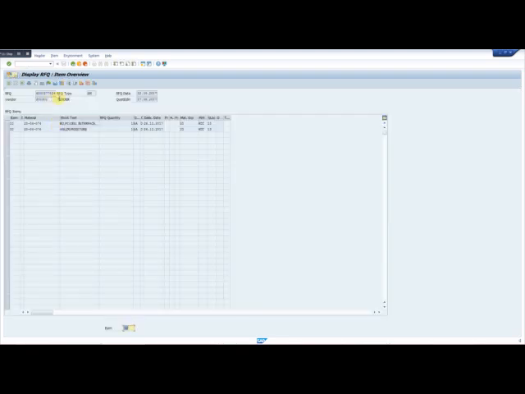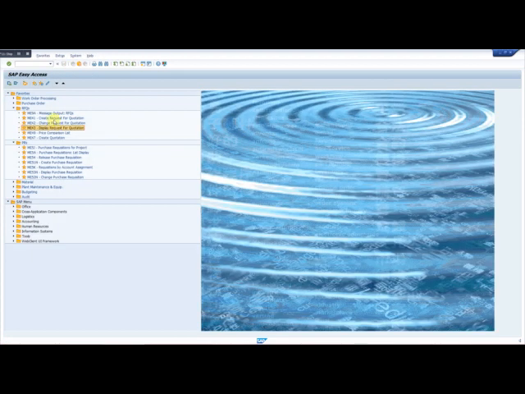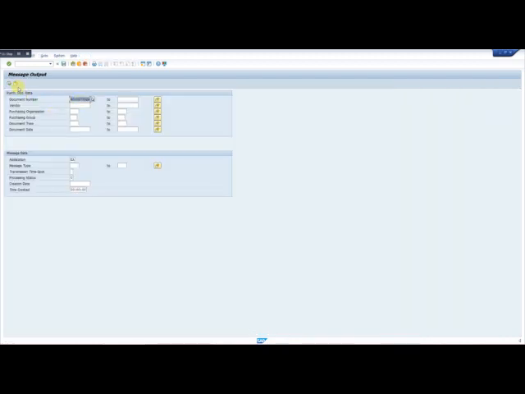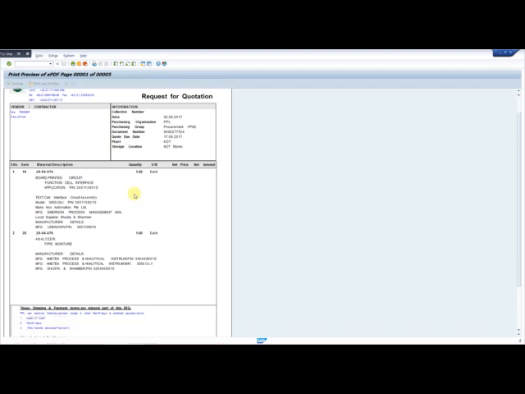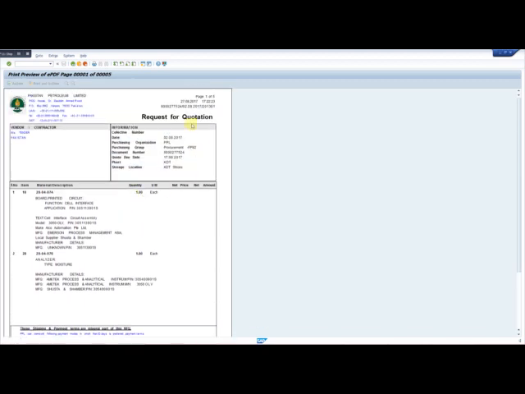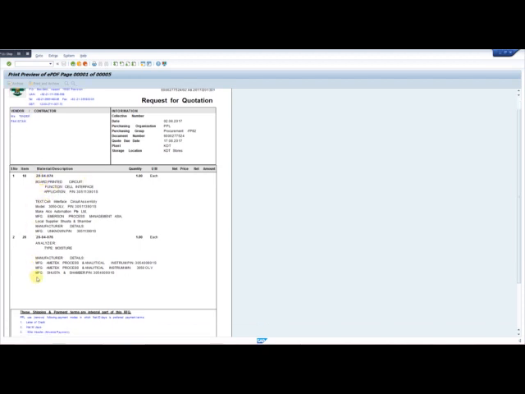So this is our vendor, and basically there is a tender for this. Now going back, another transaction to print out the RFQ is ME9A, and here we automatically get the RFQ number. Click it and we check it, display message. So this is the RFQ which has been floated, and we see that this is a tender and there are two items in this RFQ.